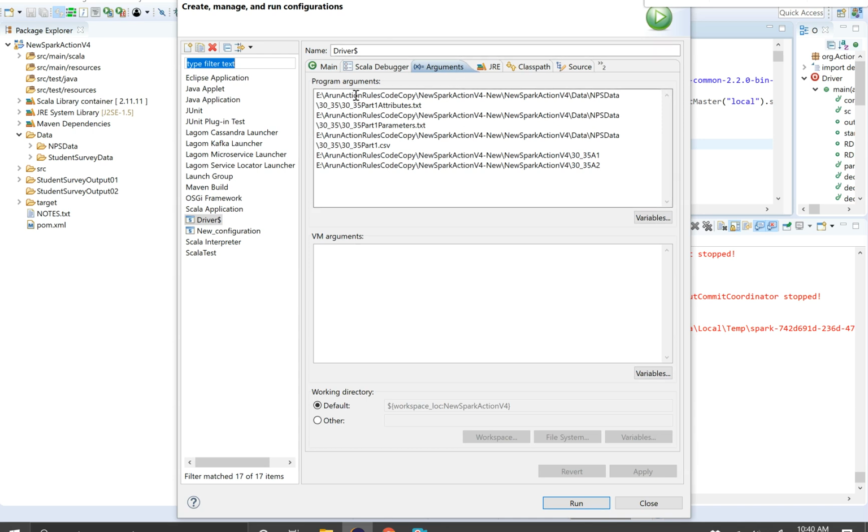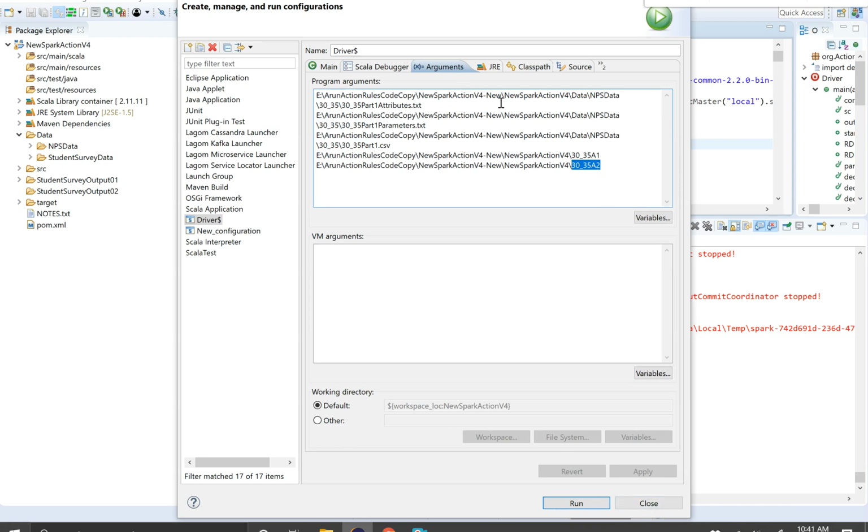In the arguments, we pass the part 1 attributes file, part 1 parameters file, and the part 1 data file, and then this is the output folder where the intermediate action rules get generated. And in order to properly execute the code, we create this folder and give its location as an argument.